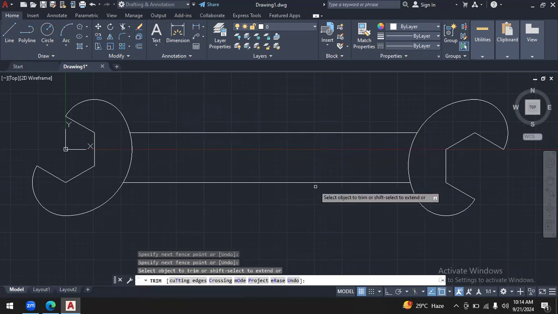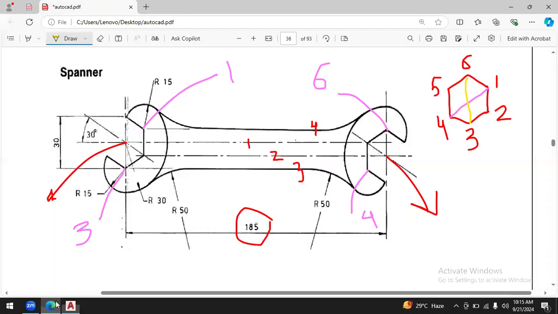Now, almost the whole spanner is ready. One thing is left that you have to join or make a curved connection between this straight line and this part of the circle. So what you need to do is to first clear the screen and